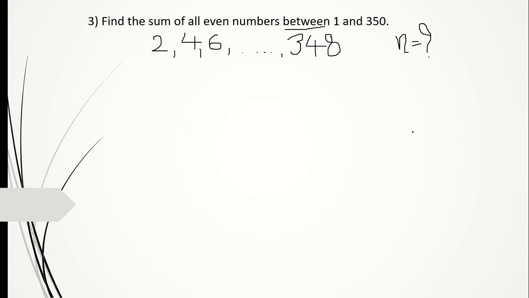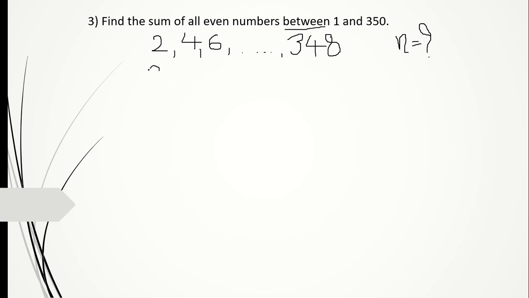The difference between the earlier sum and this sum is this. There they had told us first 123 even numbers. Now here we don't know how many numbers are there. They have said between 1 and 350, however many even numbers are there, you just add them and give. So first we have to find n, because n is not given, and without n we cannot directly use the formula here. So we need to find n first.